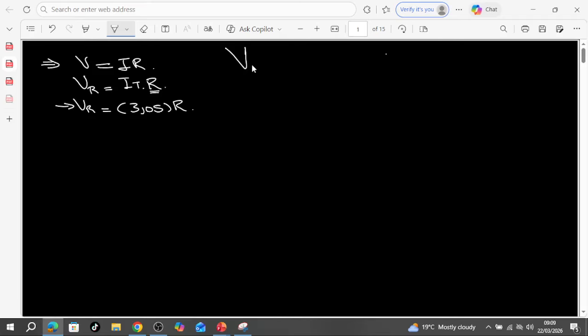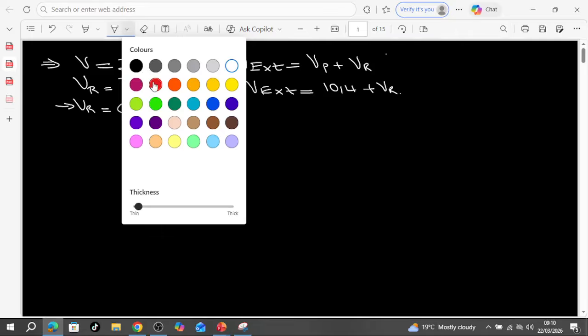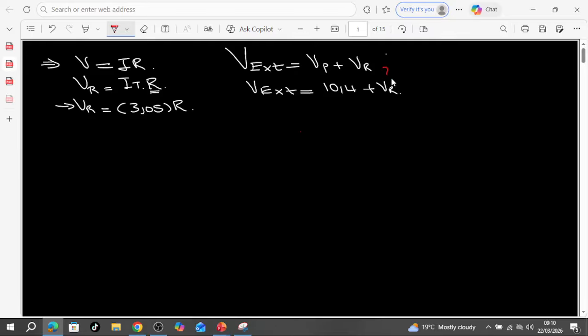So this will be V what? This will be V external. It equals V parallel plus the V of the R, because it's the only one that is a resistor. And we said that the V external equals my V parallel, which was 10.4 when we were doing the calculation, and this is VR. What are we looking for? The one that we are looking for, I'm just going to put as a question mark. So this is what I'm looking for, but I don't have this. So now, to look for the V external,